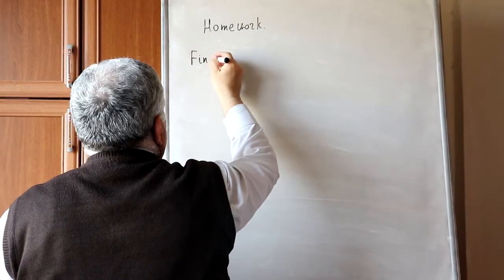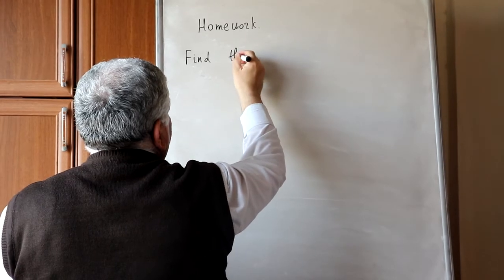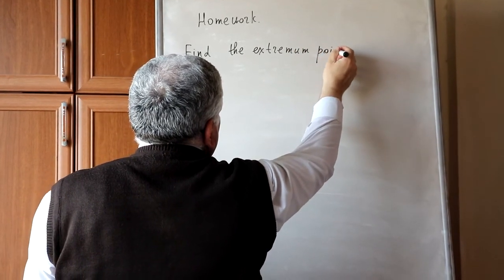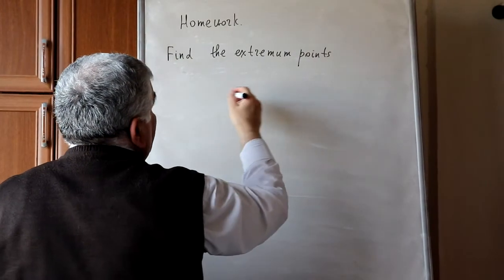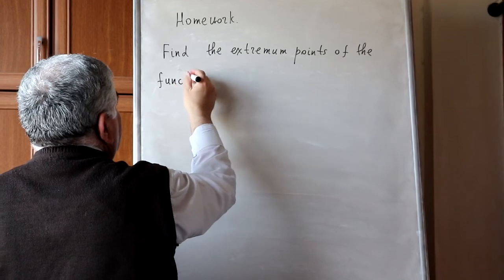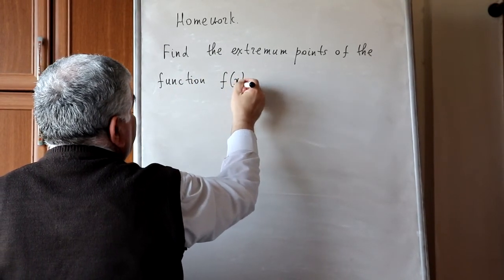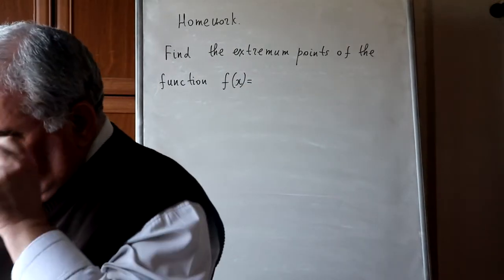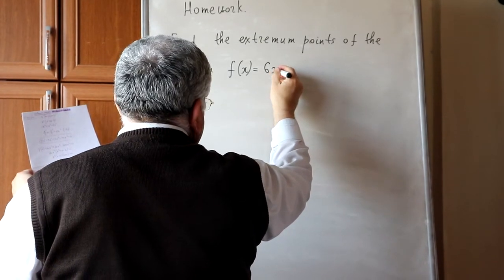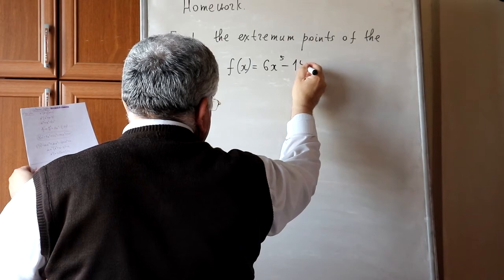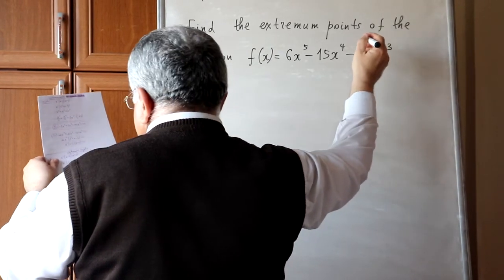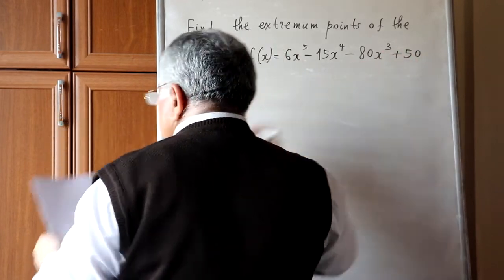Find the extreme points of the given function, of the function f of x is equal to 6x to the 5th minus 15x to the 4th minus 80x cubed plus 50